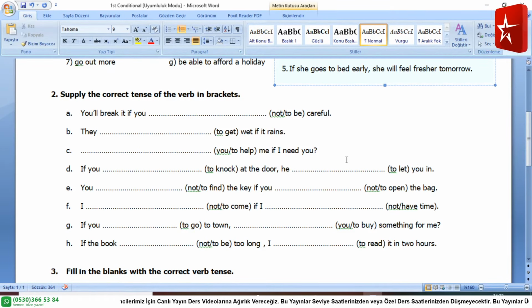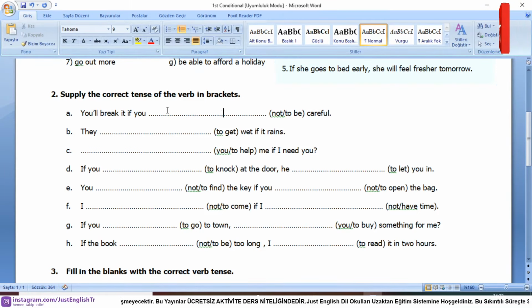exercise 2. So we have the sentences, as you see, and we should use the words here for first conditional sentences. So you will break it, if you blah blah blah. So what should I write here? You will break it if,